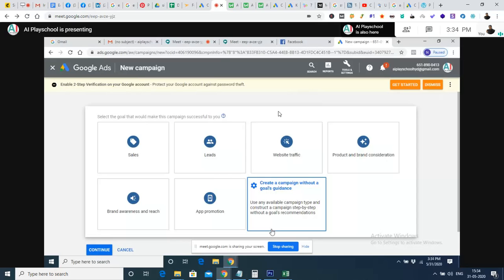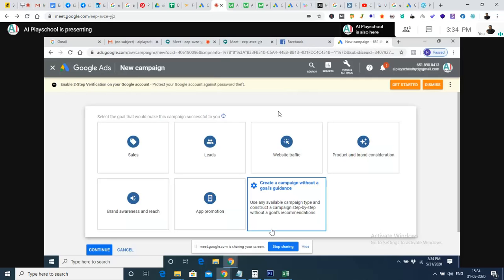Okay, so this is the place. These are the goal targeting options that we have to choose before our objective. For example, if we have an objective to make sales, make a purchase, like a product listed on Amazon or something, we will go for the sales option. Through this, a conversion script will be implemented in the website, and from there Google will track how many conversions happened from the advertisement, and based on that Google will optimize the impressions and the advertisement.